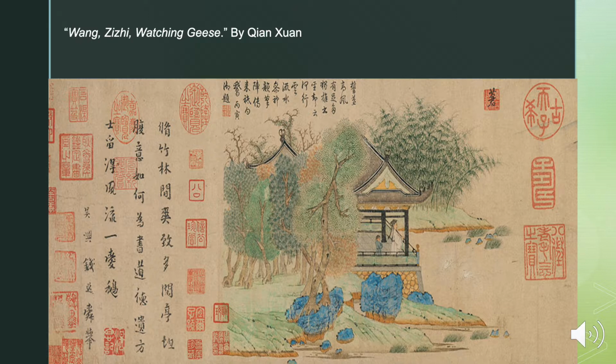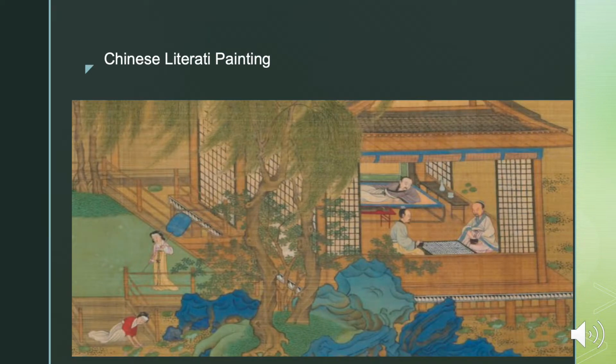And that brings me to literati painting, which is where it really all began. It was a principle in Chinese painting. This here is a painting by a literati master, Qiu Ying, and he is one of the most forged and copied masters. And just to give you a background